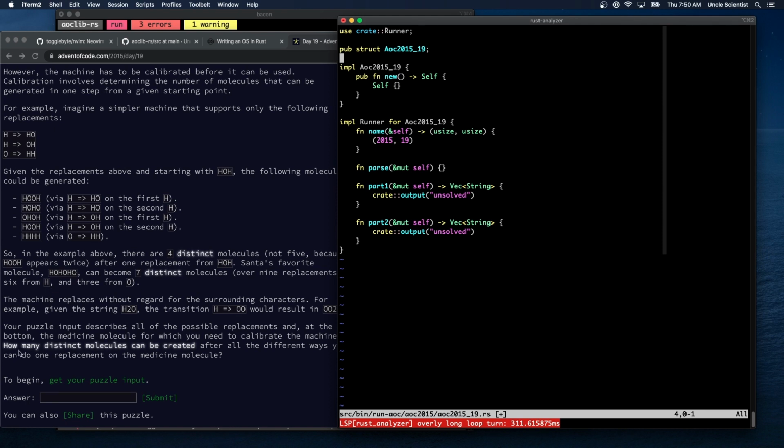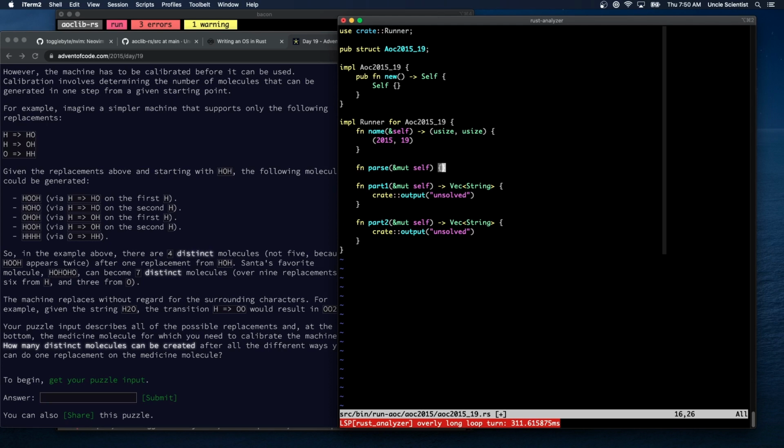Since all we're trying to do is count how many distinct molecules can be created after all the ways you can do one replacement, we can look for what the replacements are and just count those up, right? We don't need to do anything fancier than that. We don't care what they get replaced with. We just want to count how many times we can do a replacement. I don't know, maybe part 2 will be harder, but